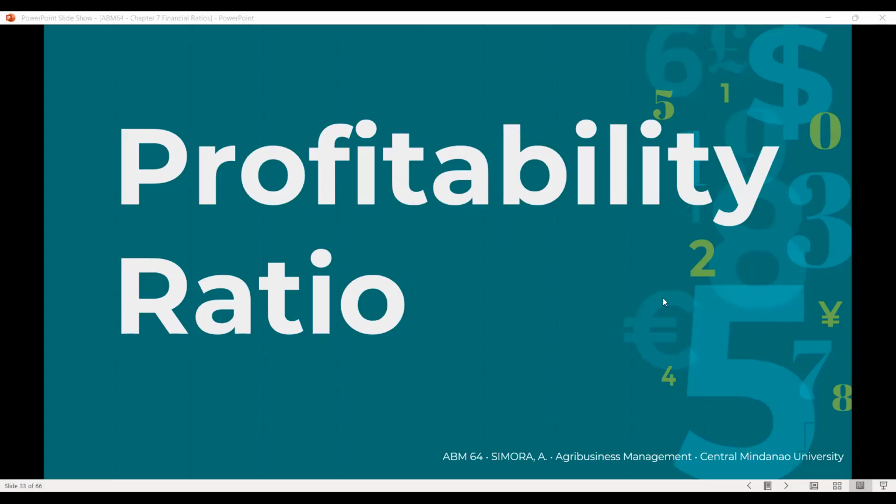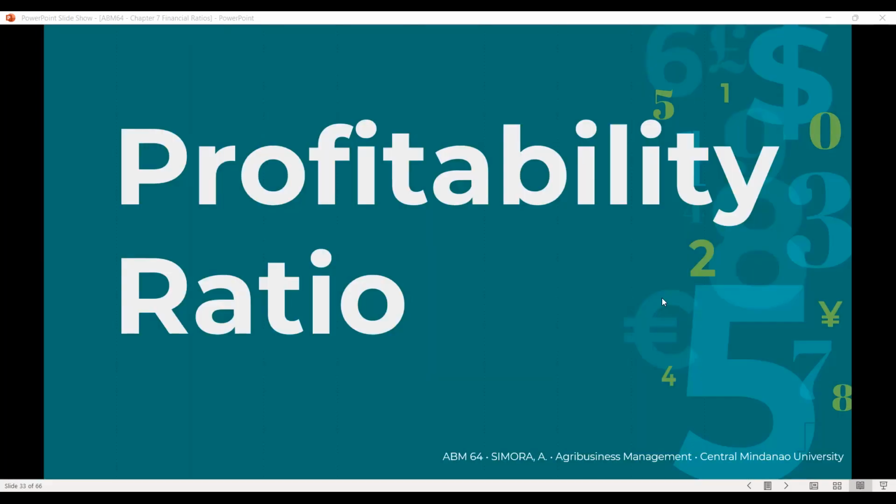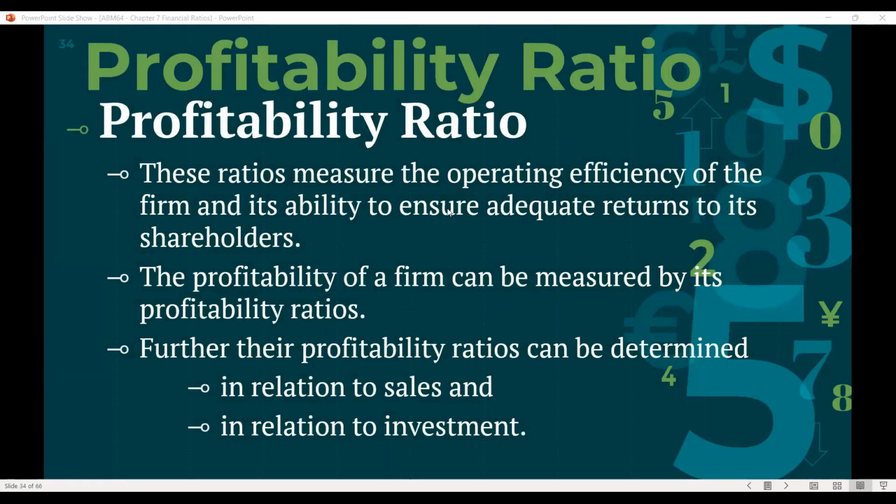Okay, hello everyone. So we are done with leverage ratio. This is the continuation under financial ratios. So profitability ratio na ta for today. So profitability ratios are